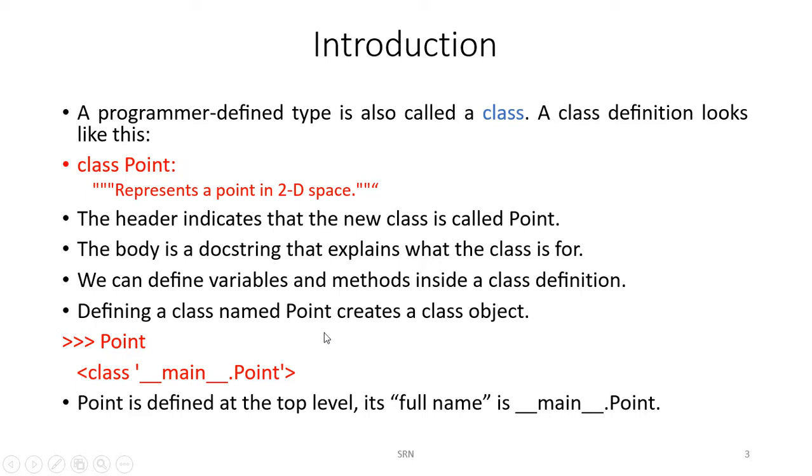Then how do we test that? Create this class and at the command prompt write point. It will tell what type it is. You can observe this is the output you get if you print it in IDLE. It says class __main__.point. So point is defined at the top level and its full name is this. You have seen typing type of x. When you type type of x, it shows if it's an integer or a string or whatever it is. You have tried such examples, so it is similar to that.